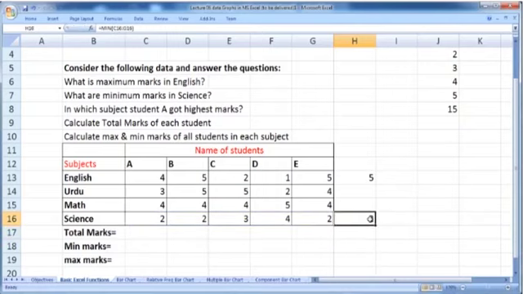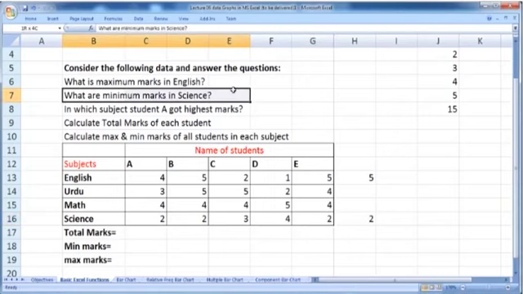It means the minimum marks in science are 2, and 3 students, student E, B and A, got 2 marks. So the minimum marks in the science subject are 2.